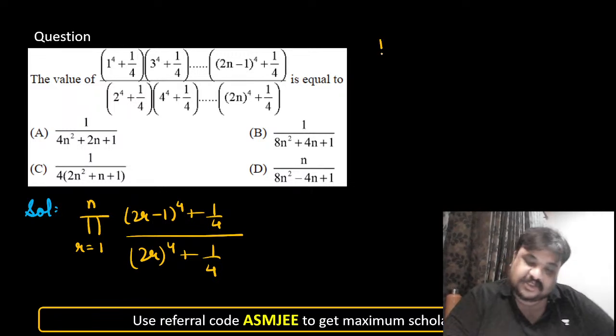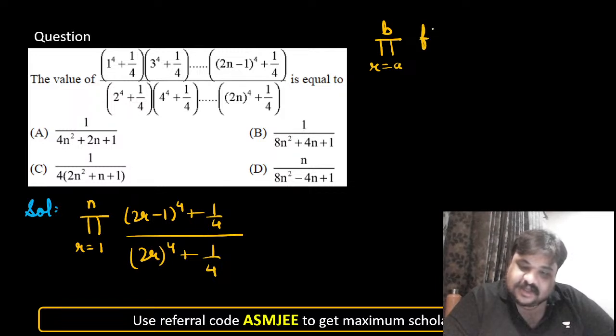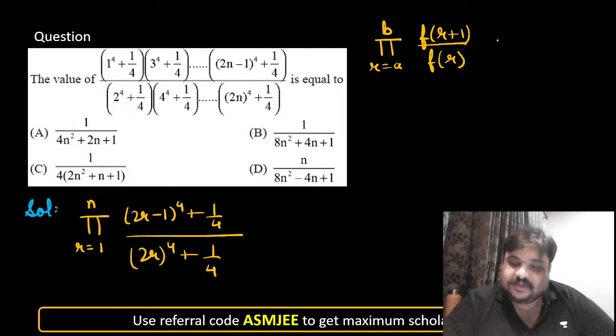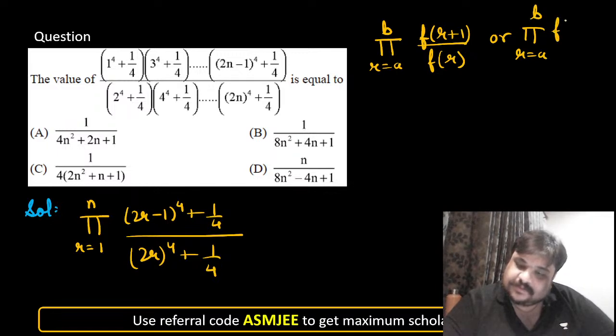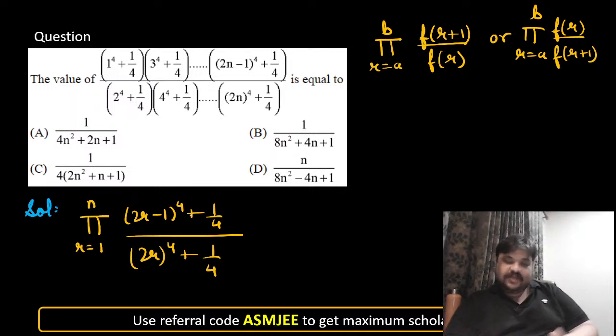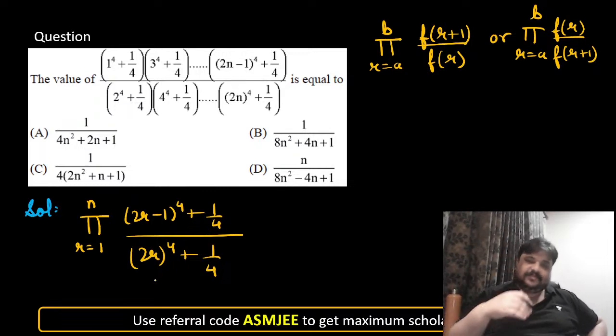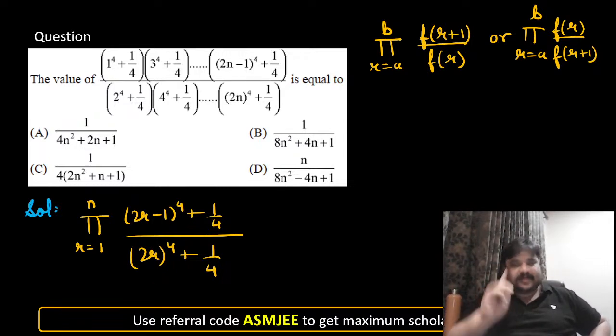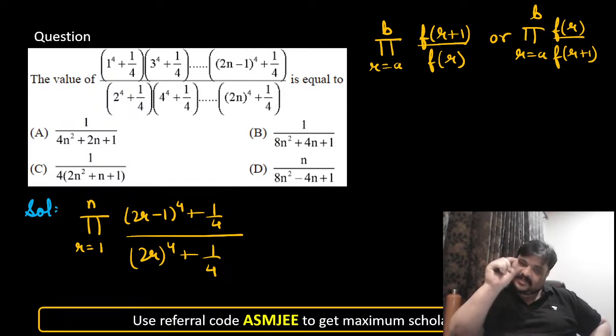And what happens with multiplication telescoping? You have to create something like f of r plus 1 upon f of r ratio. You have to create the ratio for telescoping. Right? So somehow we have to create a ratio of something upon something. And they should look like the same functions, and it should be in such a way that if you replace r by r plus 1 in one, you